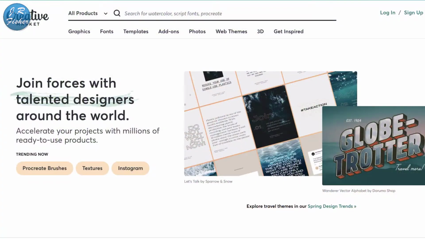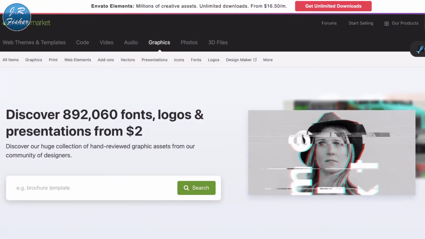A couple of them that I'll mention to you, Creative Market is certainly one of them. Another one is Graphic River, and they sell different kinds of graphic assets and templates, and you can use them on all kinds of different products. They're very helpful. Just keep in mind that other people are probably using them too. You know, they sell those templates to a lot of people, so you're not going to be as original. However, it's a quick way to get something done.